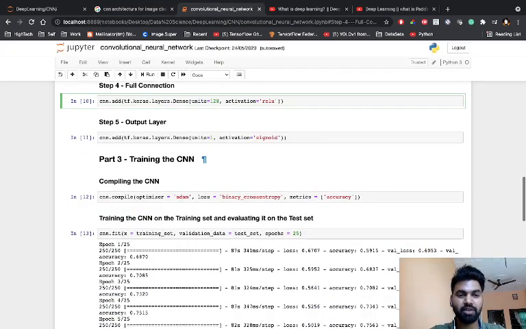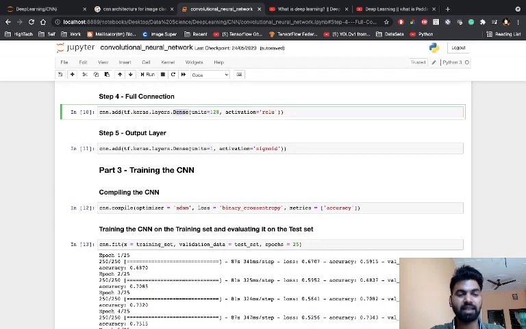For that we are using Dense, which is a class from the Keras layers, with units equals 128. Guys, you can do hit and trial here. Instead of 128 you can use 64 or something like that, but I took 128. So units 128, and activation again I'm taking as relu, right.